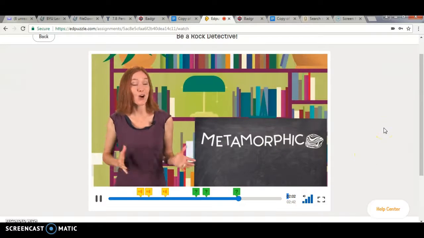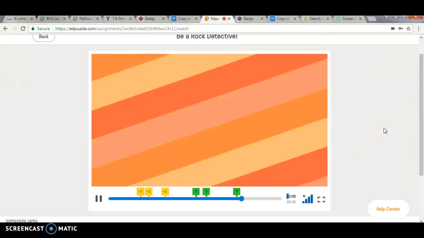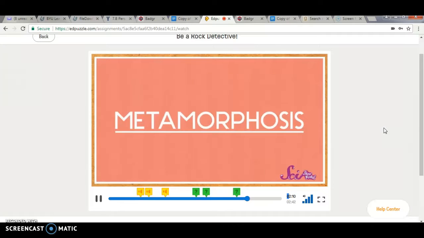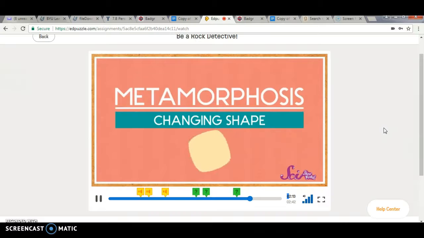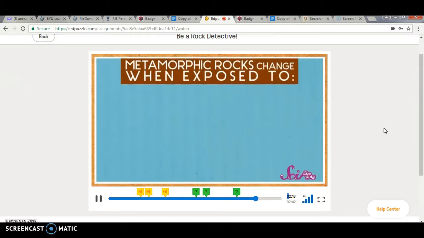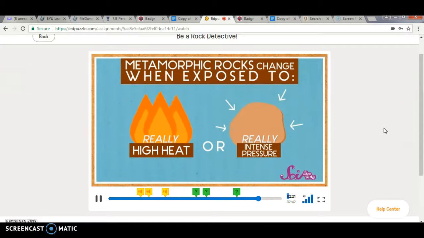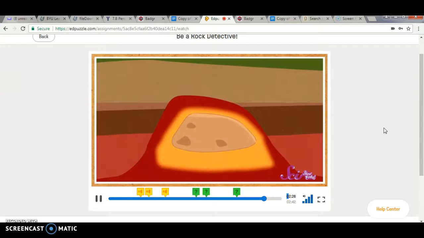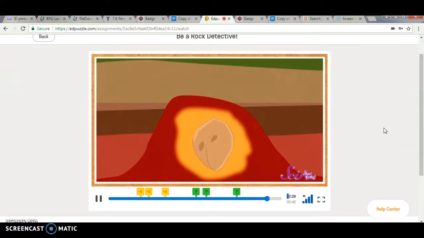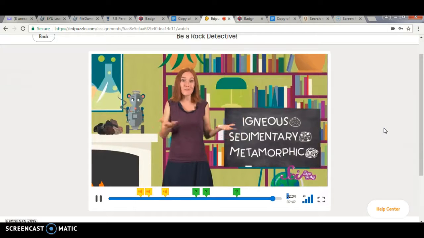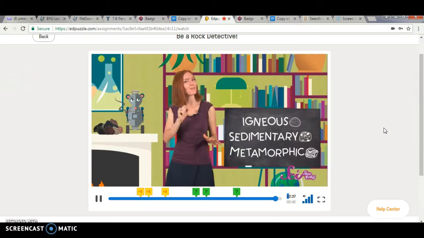Finally, metamorphic rocks are rocks that have gone through a big change. Remember when we talked about caterpillars turning into butterflies? That process is called metamorphosis. And metamorphosis just means changing shape. And that's exactly what these metamorphic rocks have done. They change when they're exposed to things like really high heat or really intense pressure, or sometimes both. This usually happens deep within the earth, where rocks can get squished, bent, folded, but not melted. So those are the three main kinds of rocks. But how can you tell one from the other? It can be pretty hard, but sometimes we can find clues in the rock about how it formed, from how